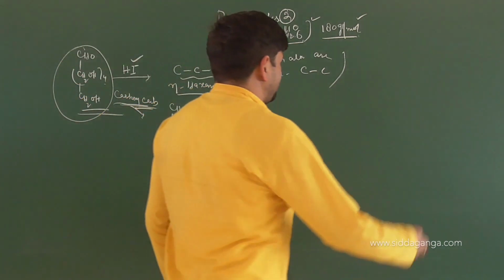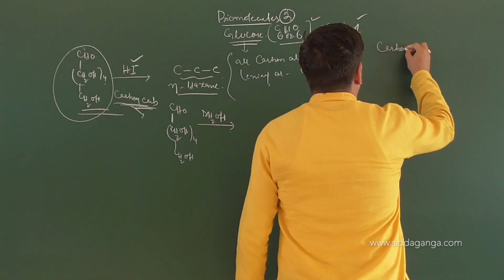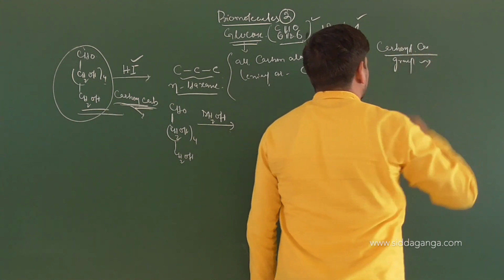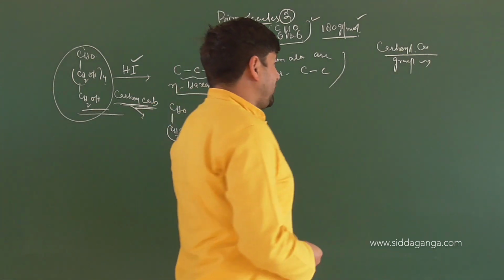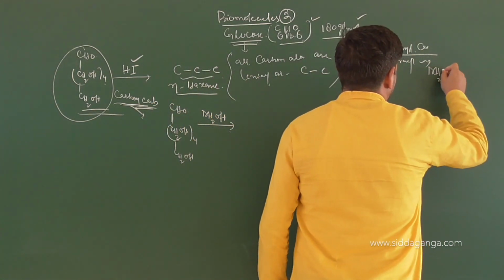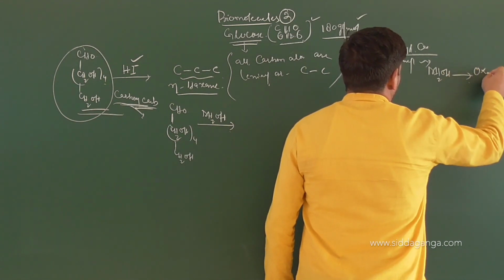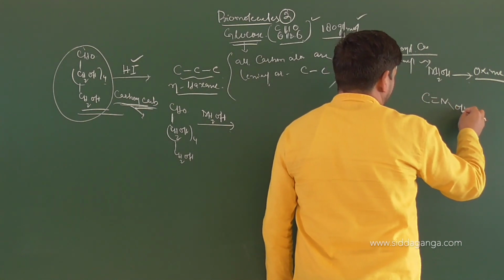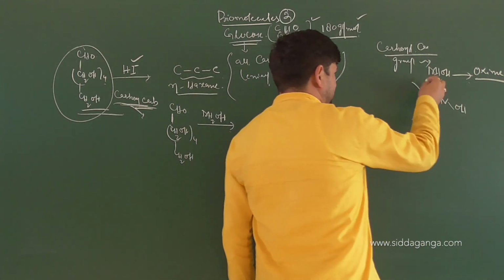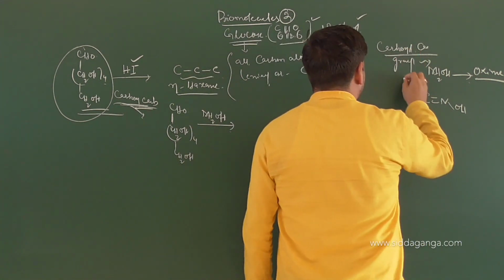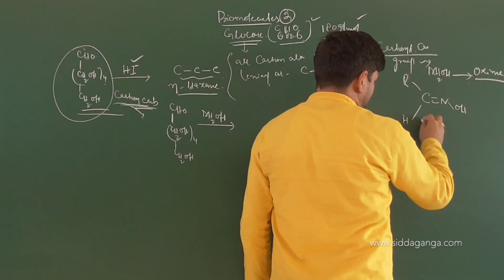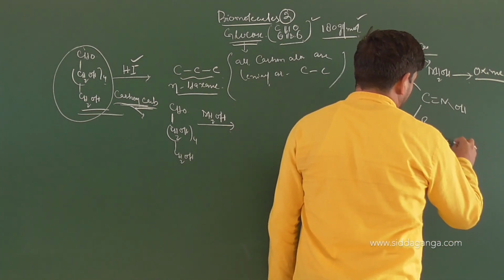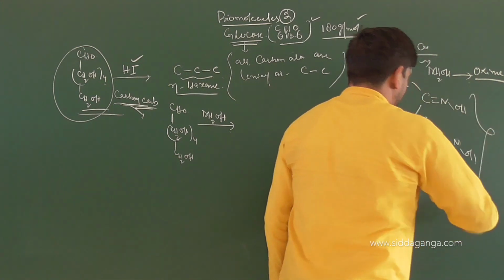Whenever you have a carbonyl group present and you want its reaction to come into play, when this carbonyl carbon reacts with hydroxylamine NH2OH, it will result in the formation of oxime, and we know the oxime structure is C double bond N, which is attached to OH, and this carbonyl carbon is attached to either R and H, or this can be attached to a ketone, and it can result in the formation of C=NOH. This is oxime formation.